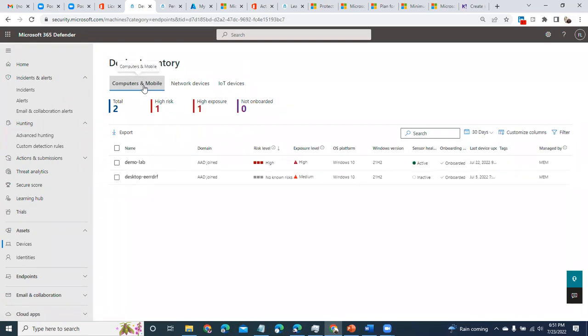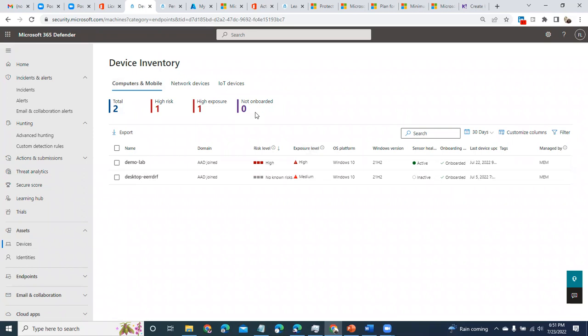The good thing about Defender is that it can also run a discovery. So for instance, if my device is onboarded and I am in the office today, by virtue of the sensor being on my system, it can discover all the devices in the network that have not been onboarded or that are onboarded and have whatever state, and then, using the device discovery, populate the device inventory and categorize them here as not onboarded.